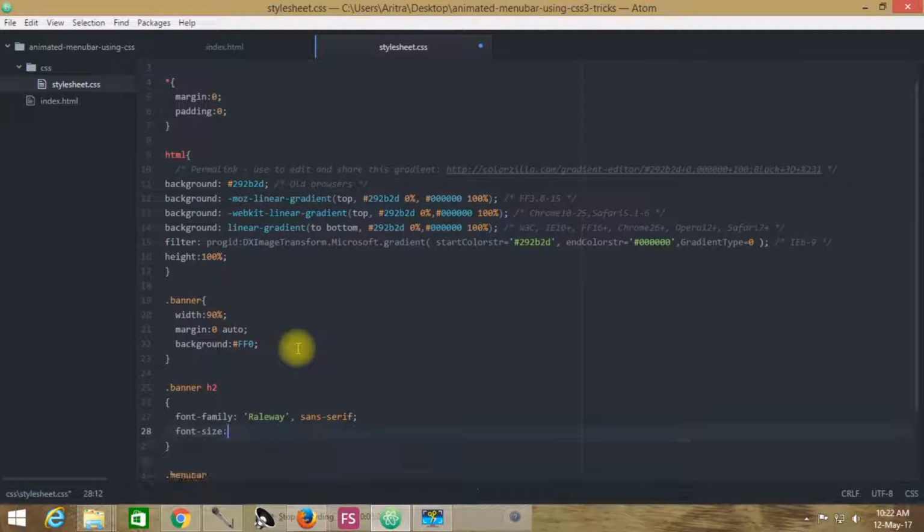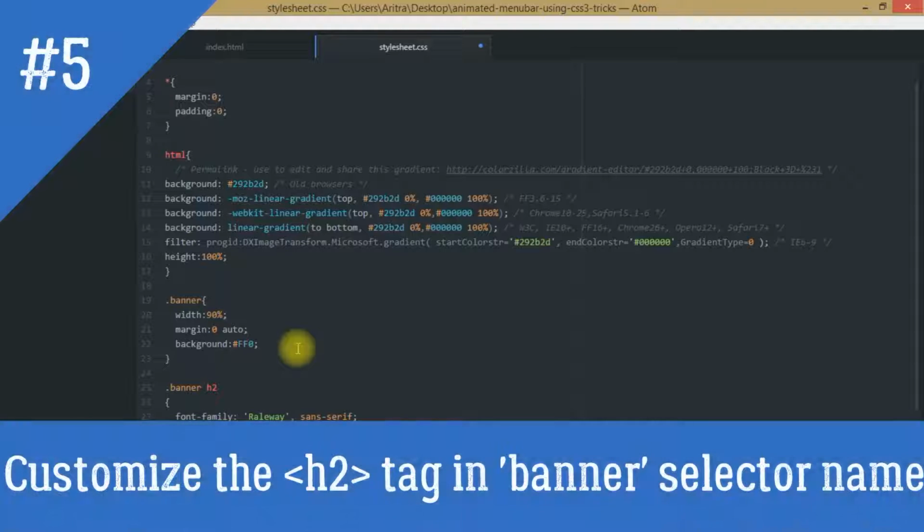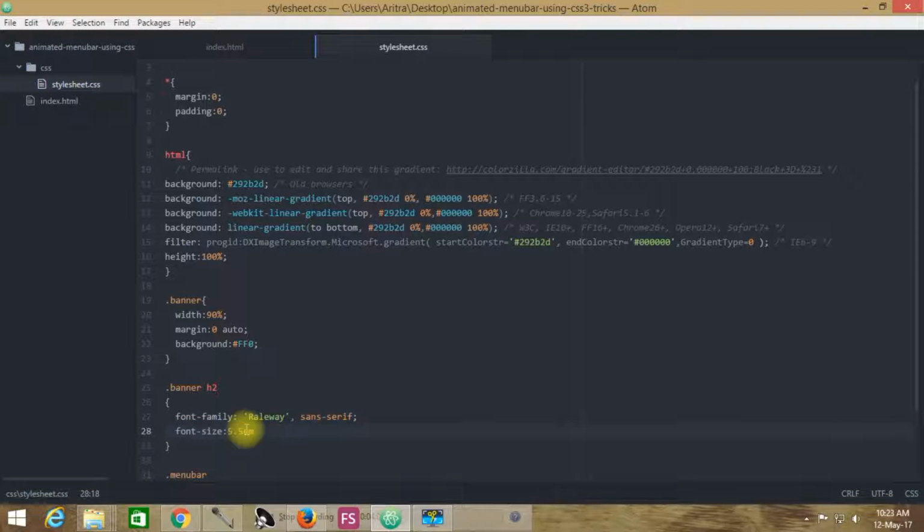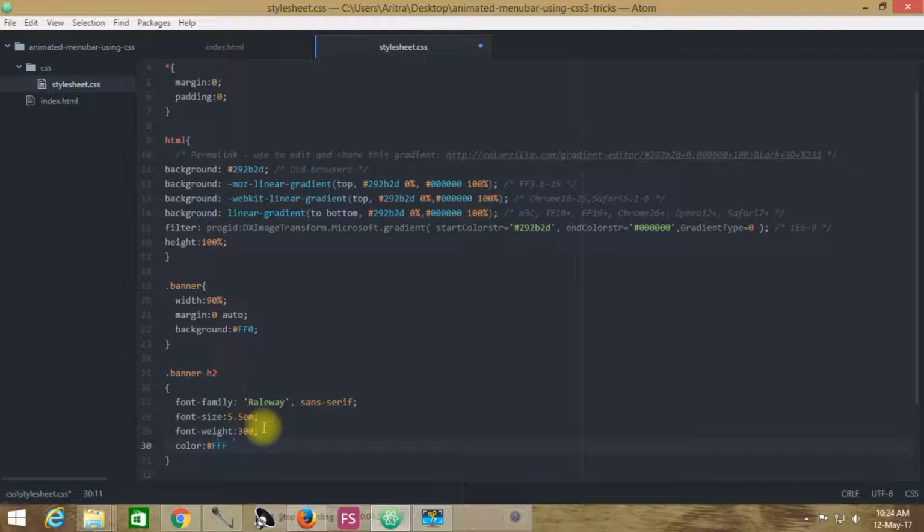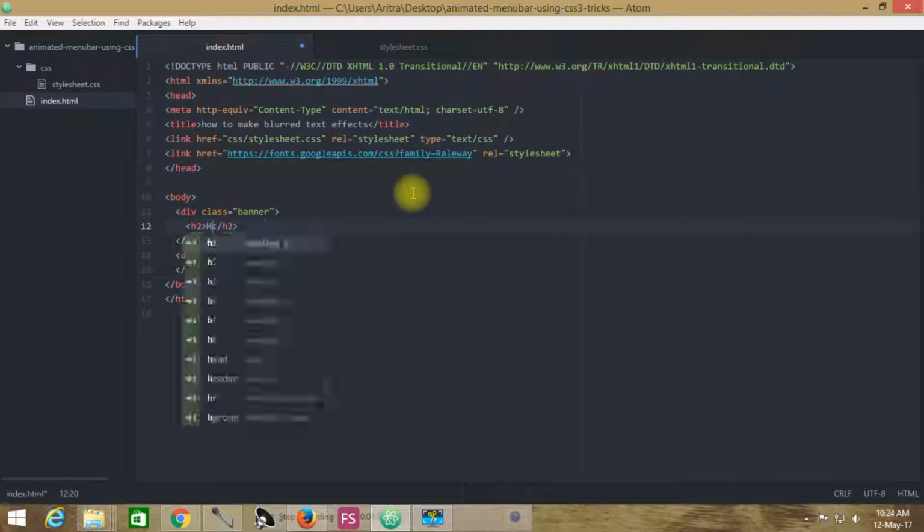So far we have discussed the font size in pixel format. Now we are defining another unit, which is known as cm, and this unit is actually very applicable in case of mobile responsiveness. This is related with the font size or padding in case of mobile responsiveness of any kind of website. So right now I'm using this cm unit, and font weight. Get back to your project and reload.